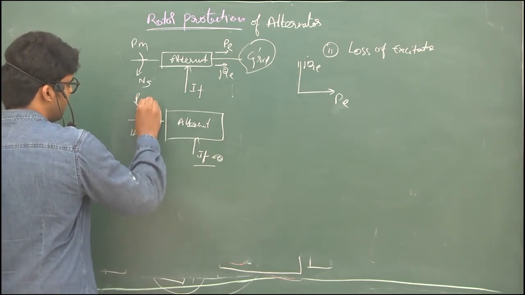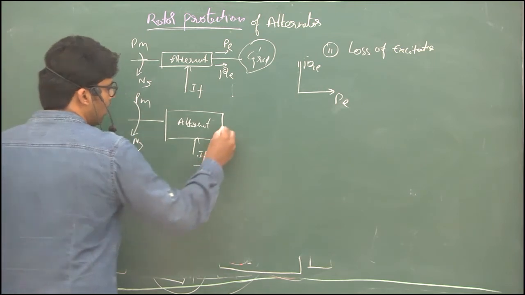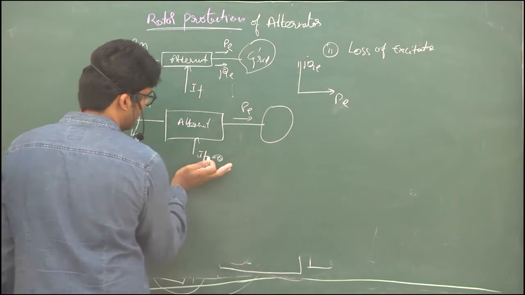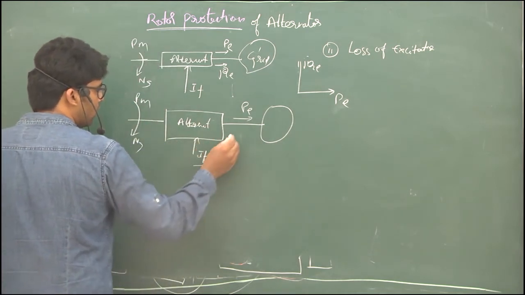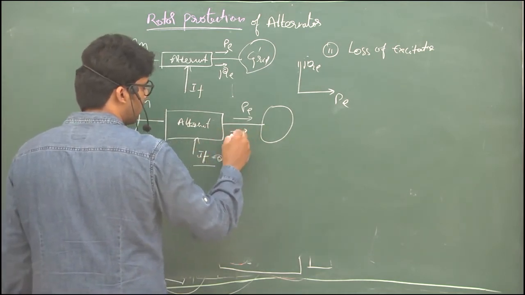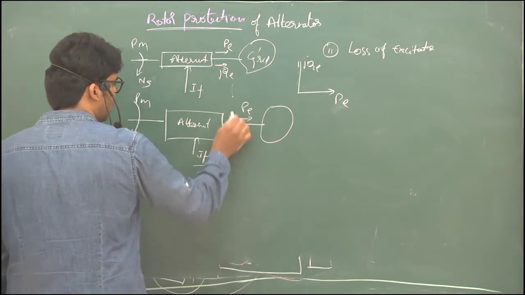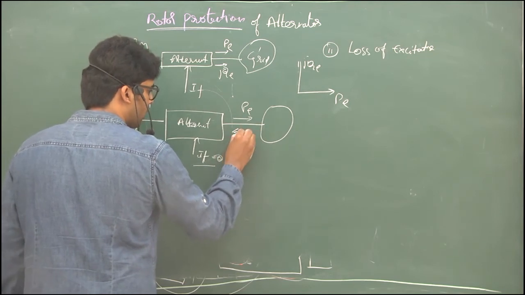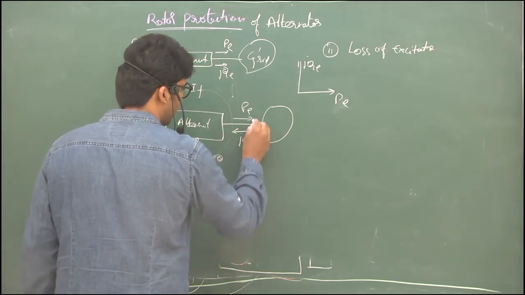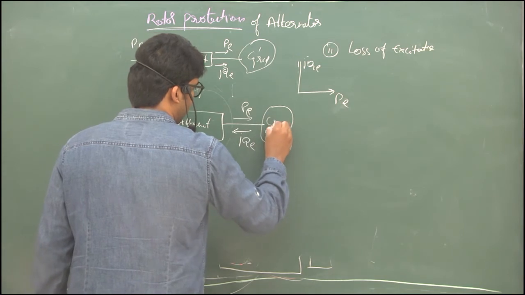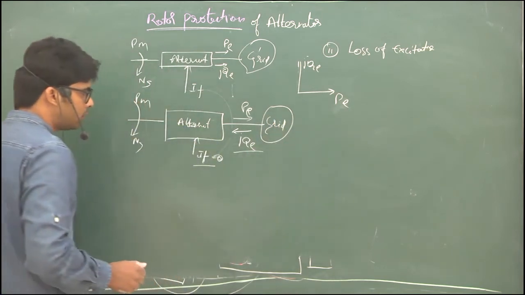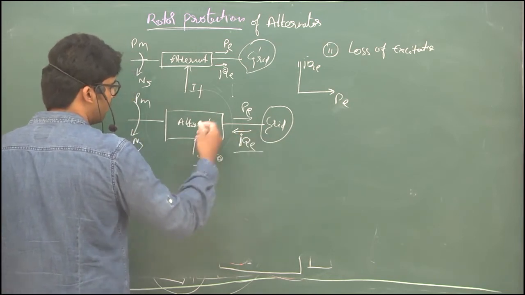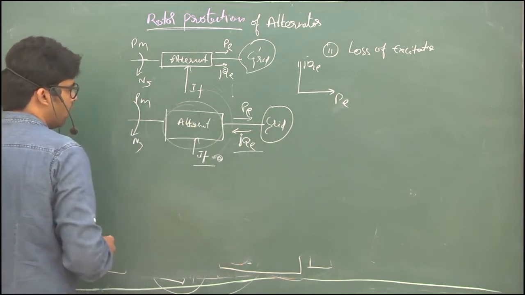The prime mover is working normally, but under normal running condition, if suddenly the field becomes 0, there is no production of active power from the alternator, but to operate, the alternator will take reactive power from the grid. That means the direction of the reactive power is taken from the grid by the alternator.